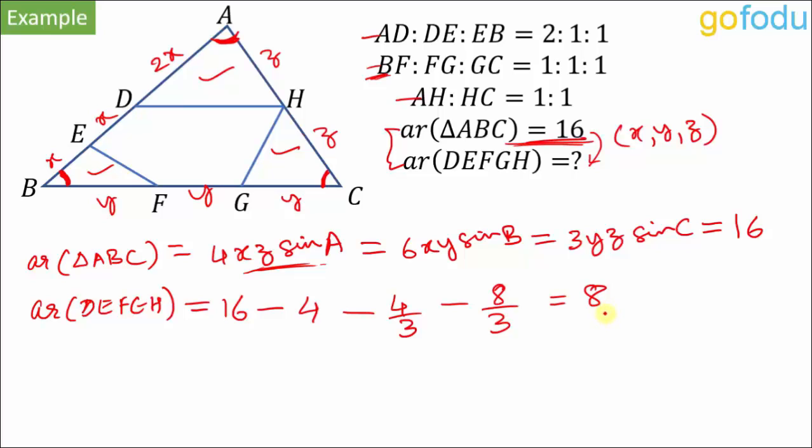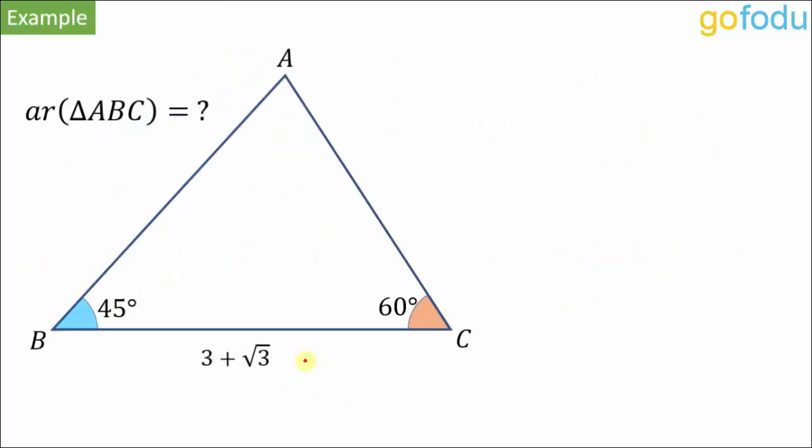So this formula, half AB sine C, half BC sine A, is very useful in such figures where a bigger triangle is there and a smaller triangle is there, and they both share a common angle and their areas are to be compared. So both the triangles' areas can be written in terms of sine of this angle, right? So this formula half AB sine C is very important in such cases. Moving on to the next question.